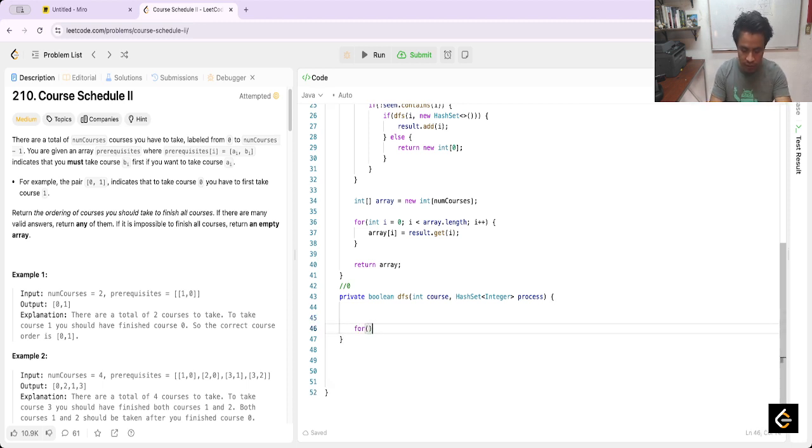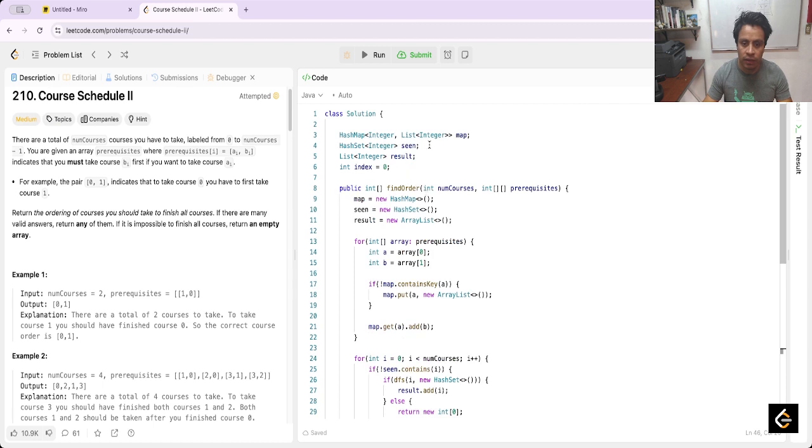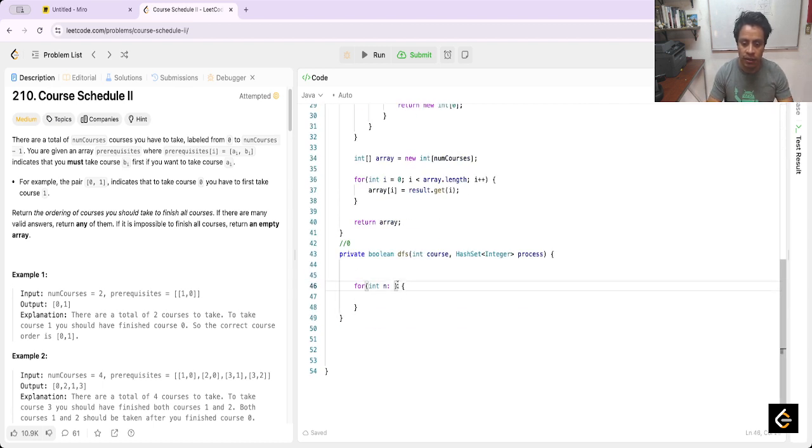We start with the for-each loop that iterates over the elements: map.getOrDefault, where the key is course and the default is a new ArrayList. Basically this course needs